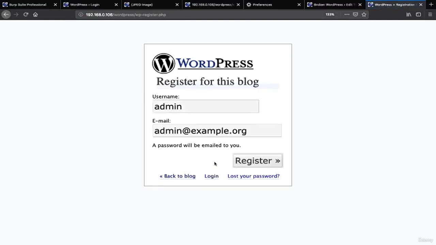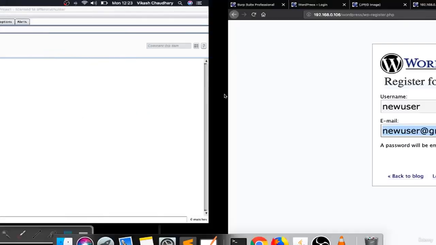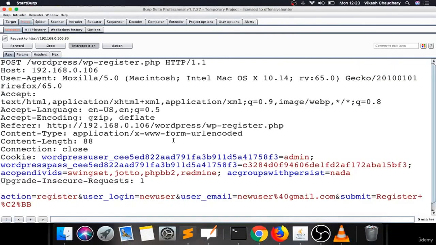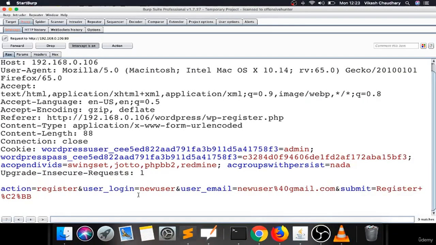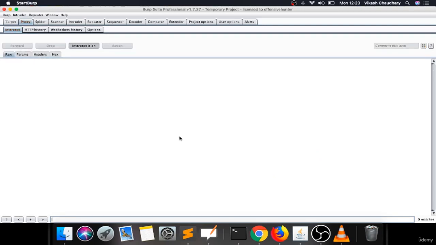I'm trying to register with, let's say, new user at gmail.com. Intercept is on now. Register this. See this action, user login, new user, email, but there is no role defined. So this WordPress is not vulnerable for this attack, I guess. But you can see there is cookie admin perfectly aligned, but there is no role defined here right now. So if I forward this